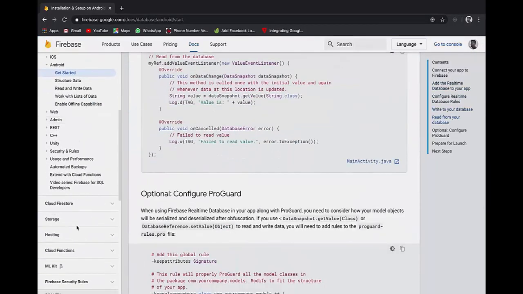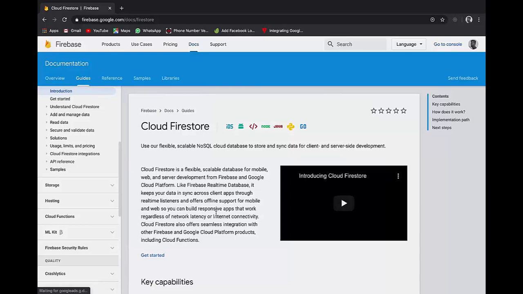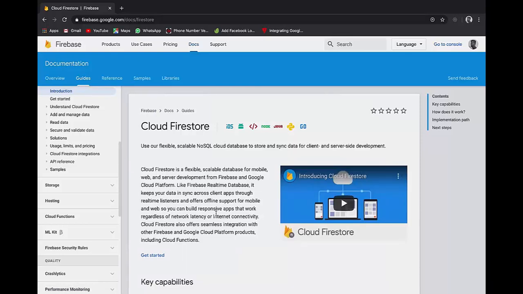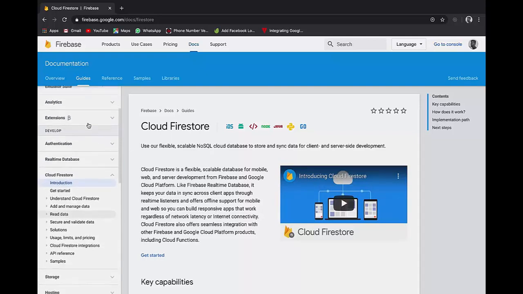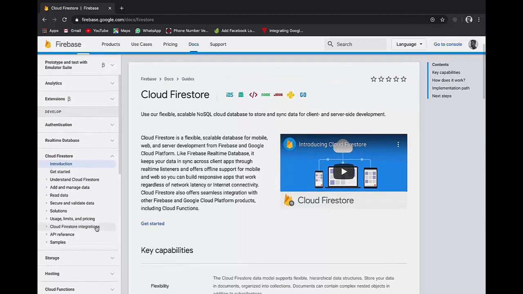And similar to real-time database, we have Cloud Firestore. So Cloud Firestore and real-time database both have the same task of storing data, but Cloud Firestore has an extra feature that it gives offline usage to users. That means even if the user is offline, he can get access to all the data which is stored in the Firestore, but it is not available in real-time database, and the rest of the code is the same.